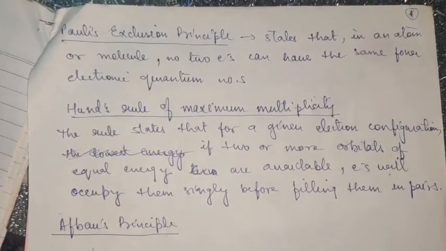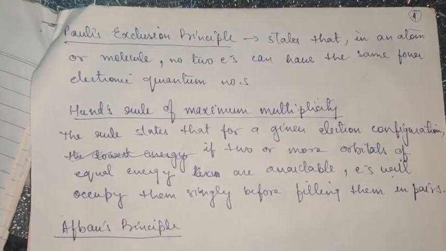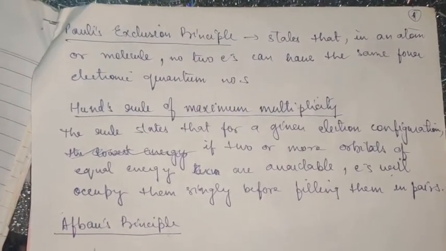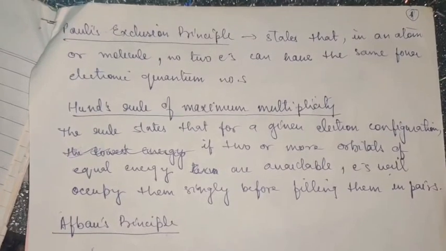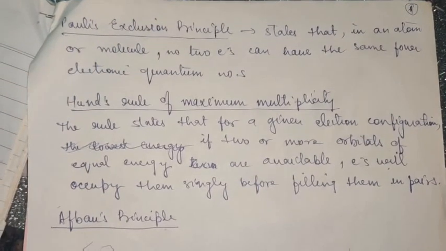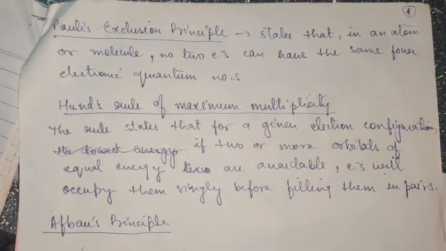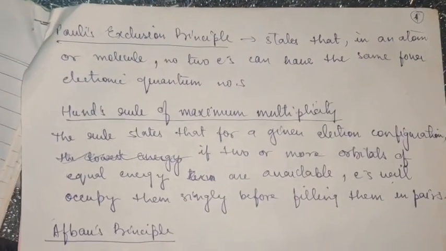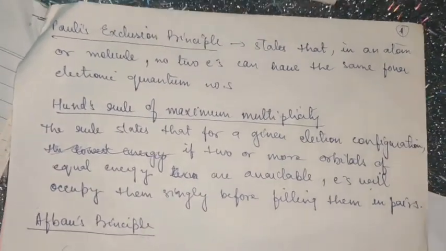I told you in my earlier lectures also that F orbital has a complex shape. Okay, so it cannot be depicted on the sheet, so it is not even given in your books also. So the shape is complex if it is asked, though it is not even asked in your exam. Whenever you get it in your test, you simply need to mention that the shape is complex, so it cannot be drawn on the sheet. It is a complex geometry, actually complex orientations of the lobes which cannot be shown. That is why F orbitals you don't have to do.